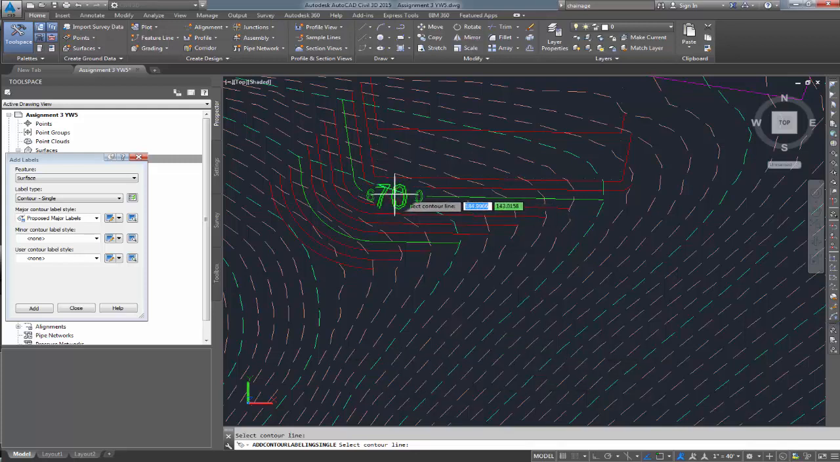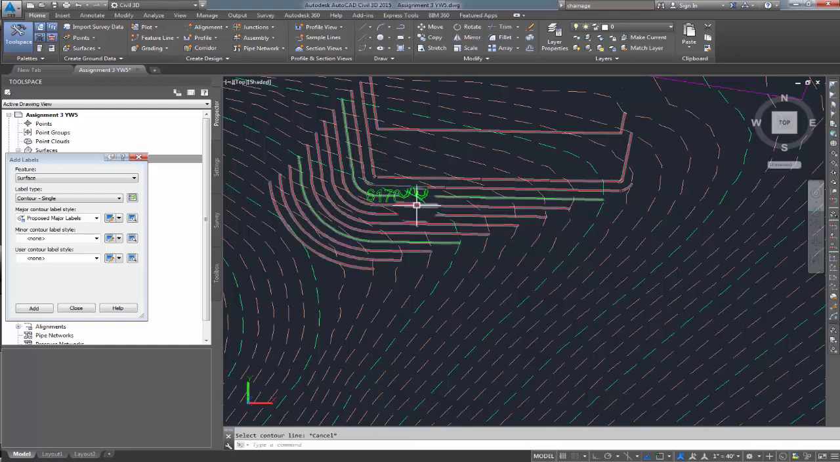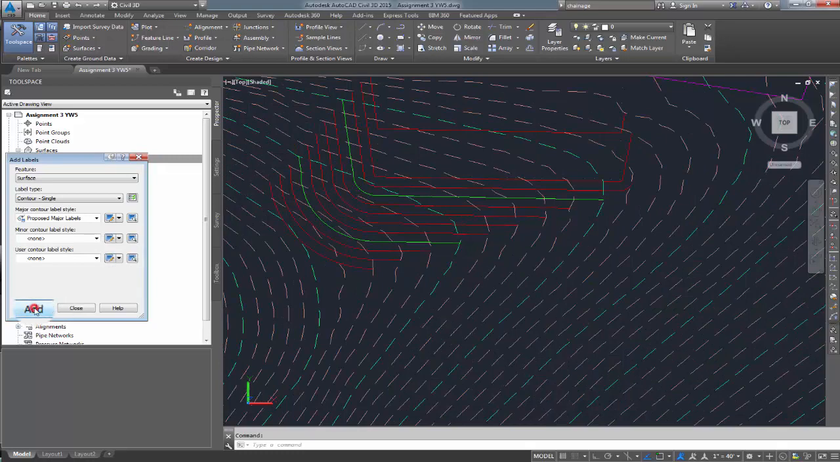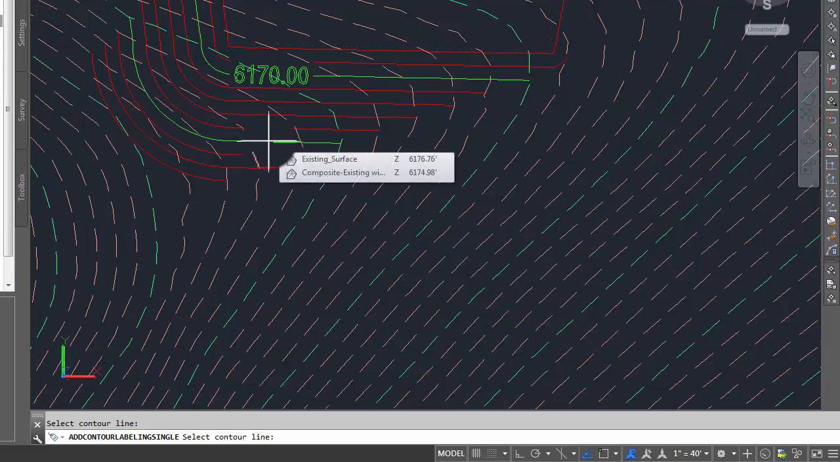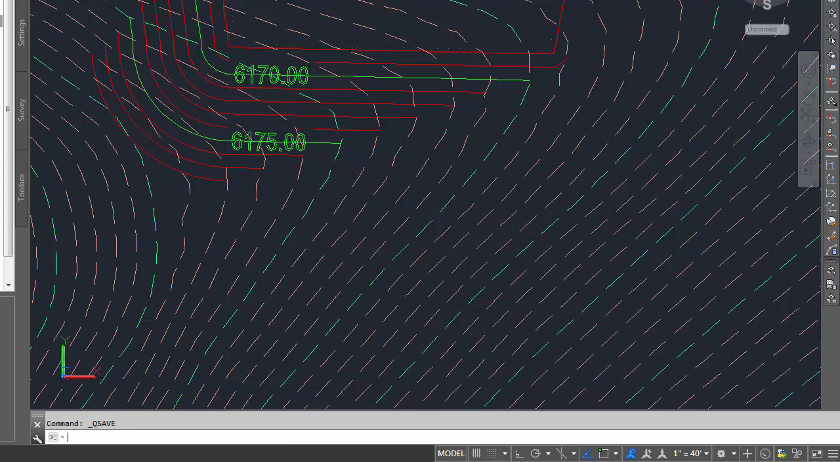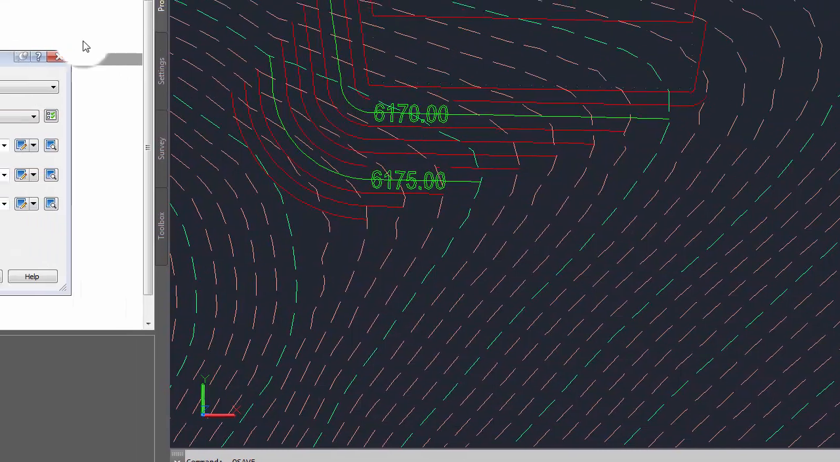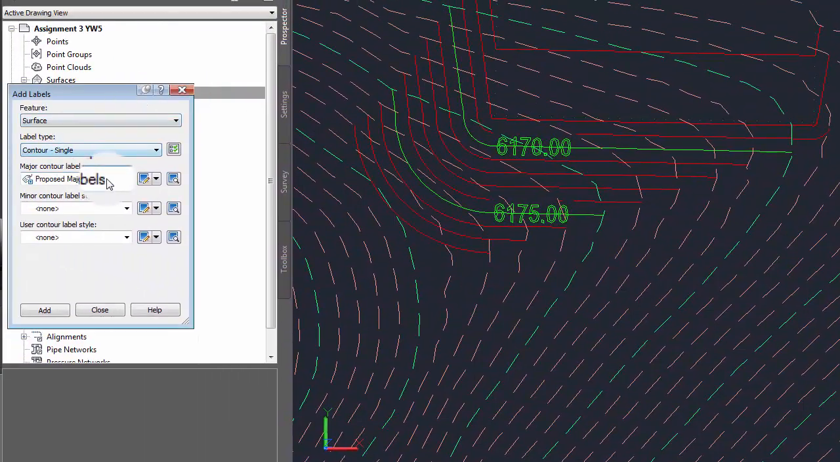Now, I don't particularly care for this one because it takes off that corner, so I'm going to undo it and then repeat, add. And 6170, 6175. Now I want to label the